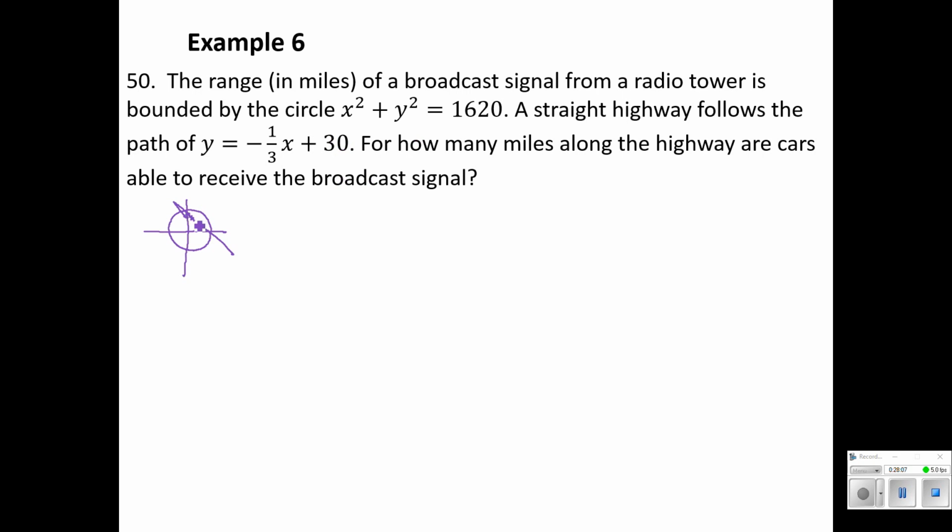We're trying to find the distance of that, to use a geometry term, of that chord where the circle has the line passing through it. Well, in order to find that length, we need to know the coordinates of those 2 points where the circle is intersected by the line. This is a good candidate for substitution, and really it's about the only way of doing this problem without having a bunch of extra work involved.